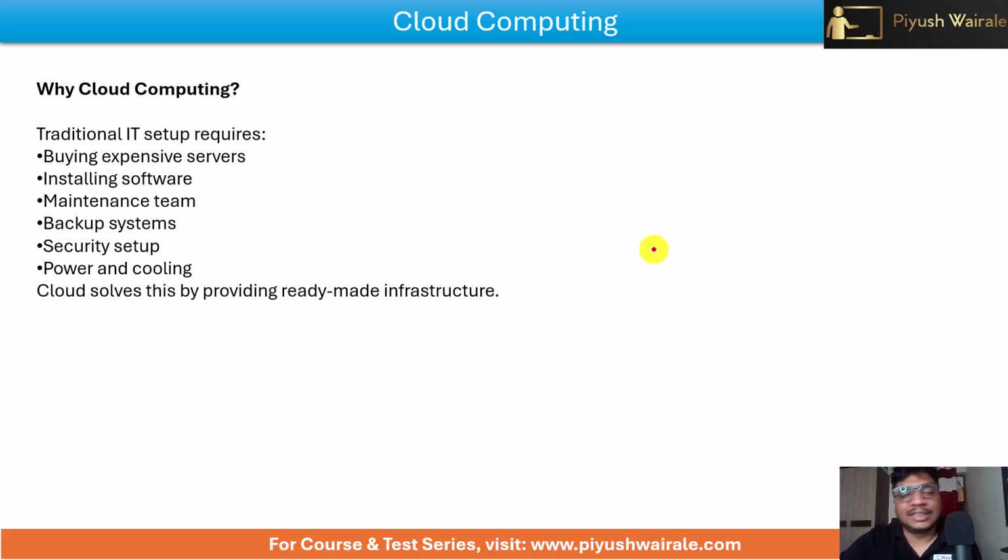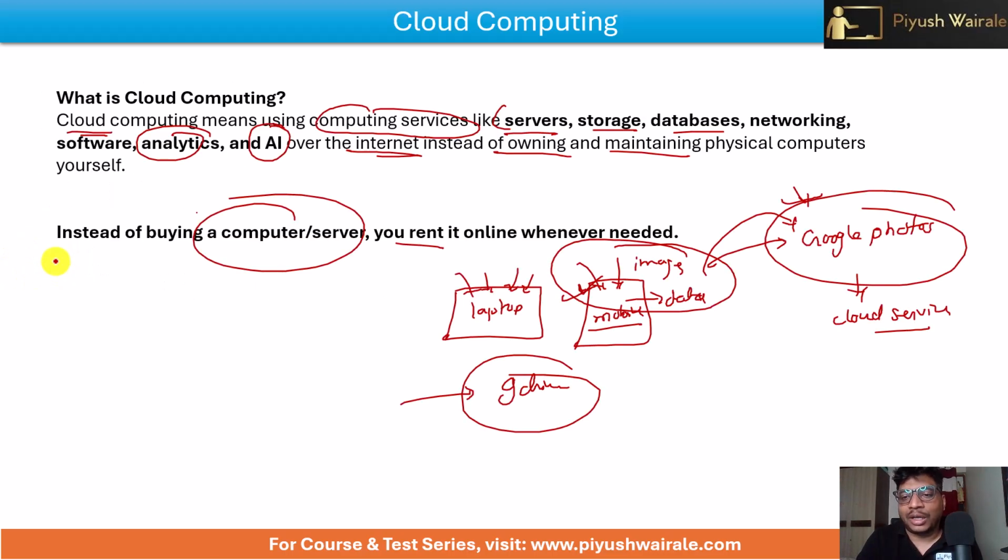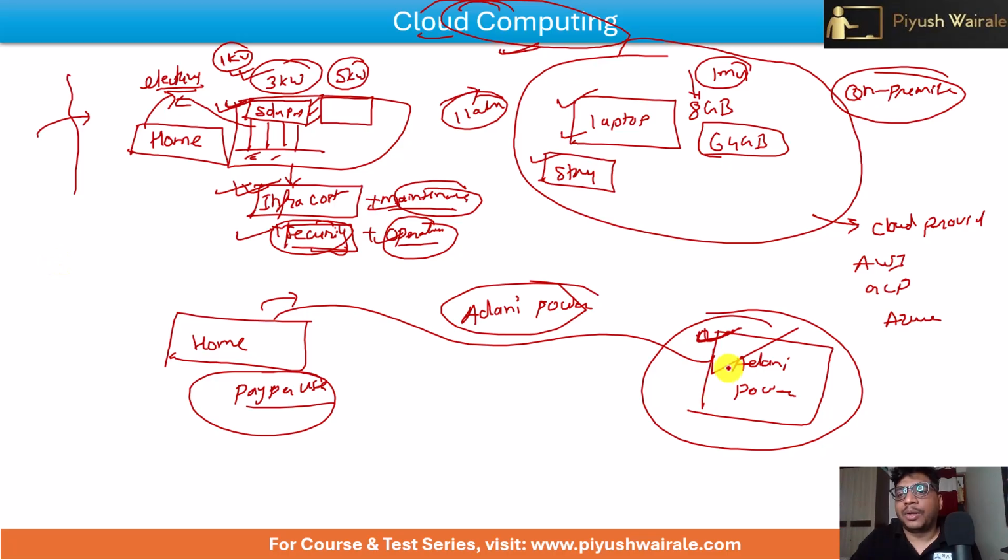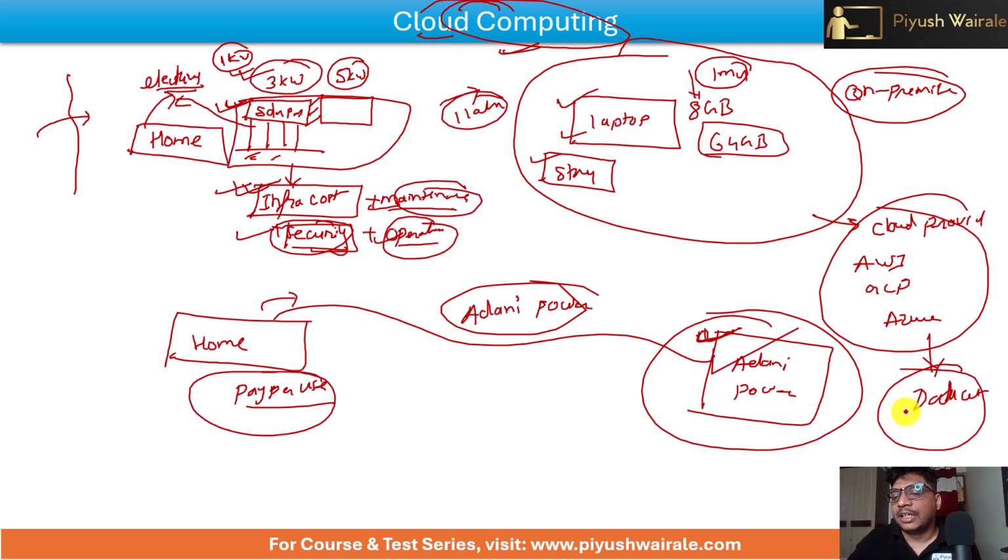So we already discussed that traditional IT setup requires buying expensive servers, installing software, a maintenance team, a backup system, a security setup, and power and cooling systems. Because what I said here, Adani Power, or the entire thing of cloud providers here, is nothing but data centers. Instead of Adani Power or a power plant, these cloud providers have data centers in which they store